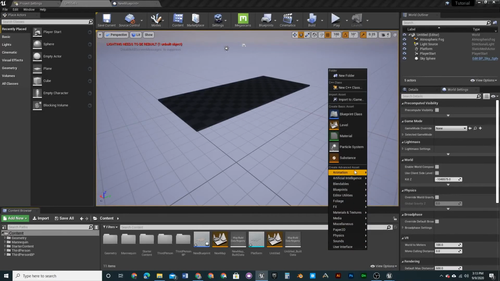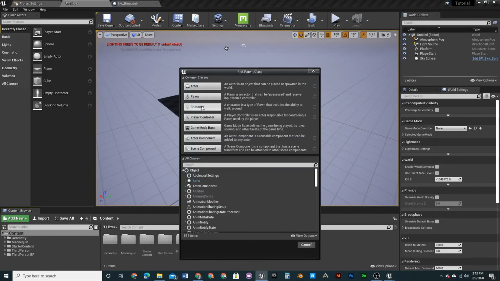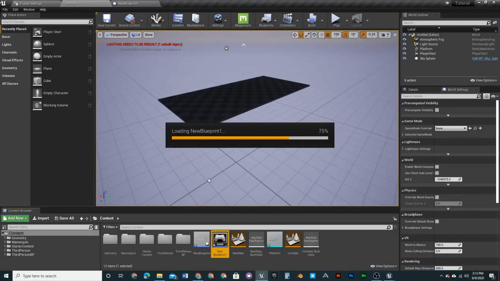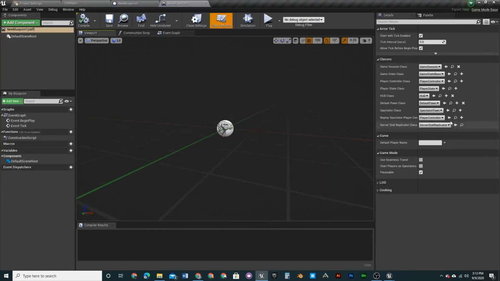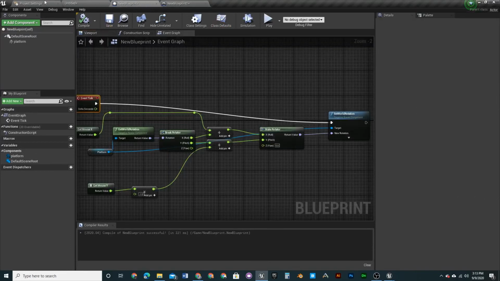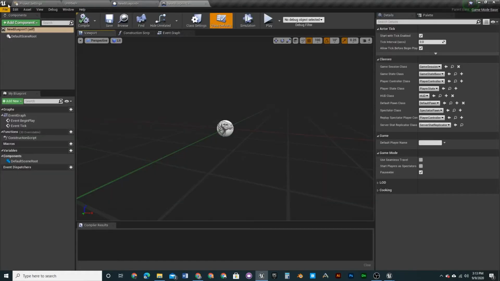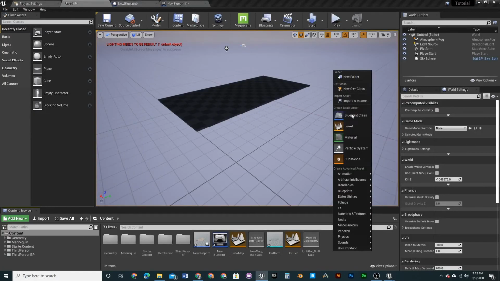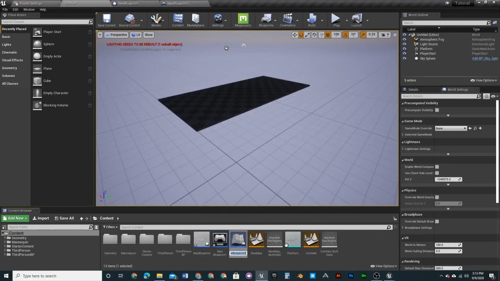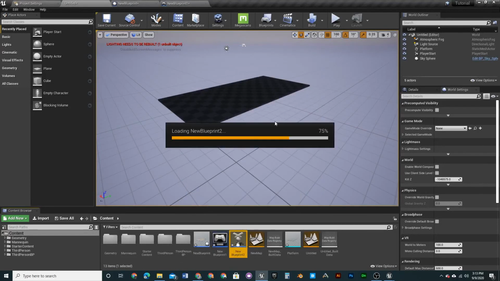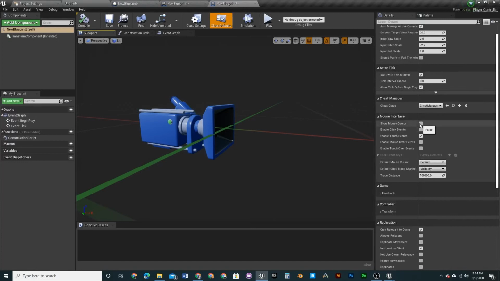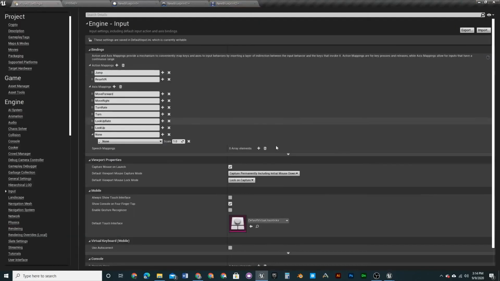So you just want to go into blueprint class, game mode, and I know I'm not super organized. I'm not naming anything because it's just a tutorial. But when you're actually doing something, you're going to name stuff. I just want to go untitled, and then blueprint class, and then player controller. We want show mouse cursor. Compile, and